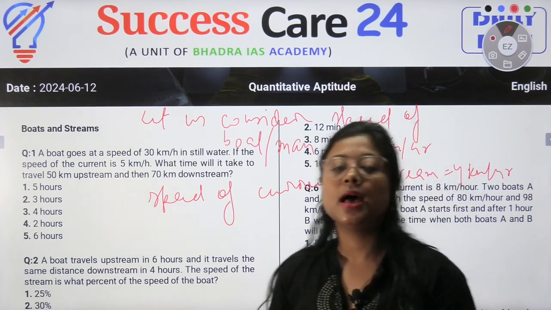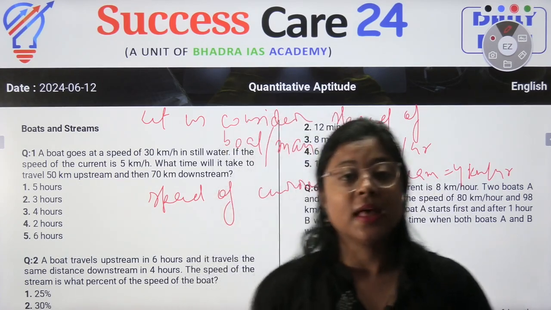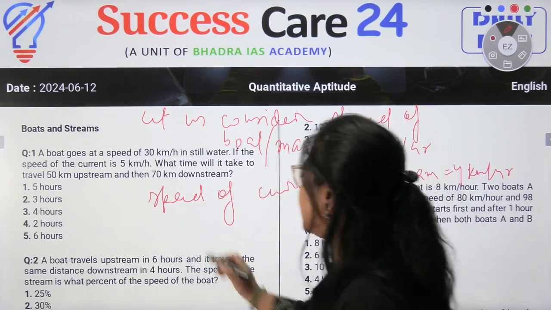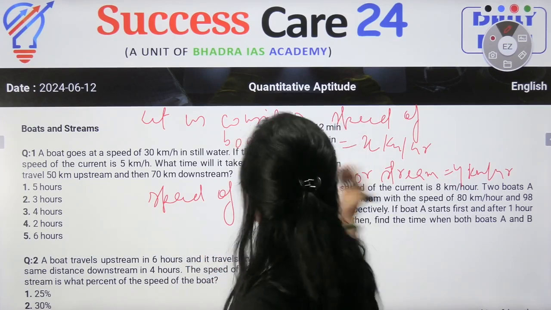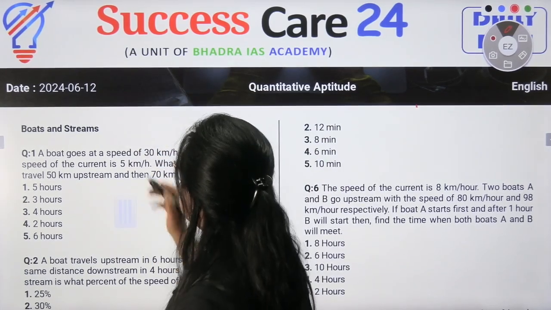When we go along the current or stream, our speed seems to increase. That is why downstream speed could be written as